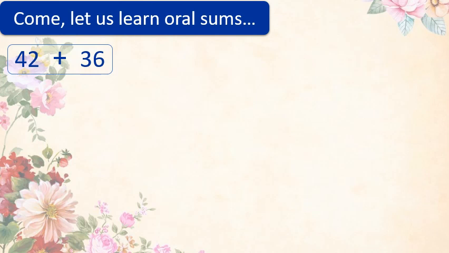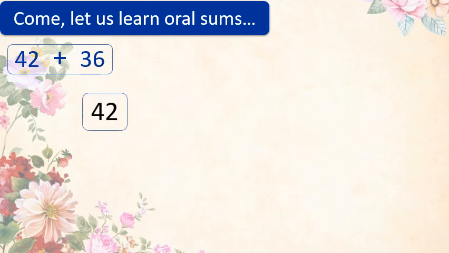When we go to the market or when we purchase anything in the shop, then we calculate the total amount, correct? That is orally we do, right? Okay, we will practice that one. 42 plus 36. Now here you can see two digits, 42 and 36. The easiest way is that we have to remember the biggest number. Here it is 42. We will write 42 as it is.